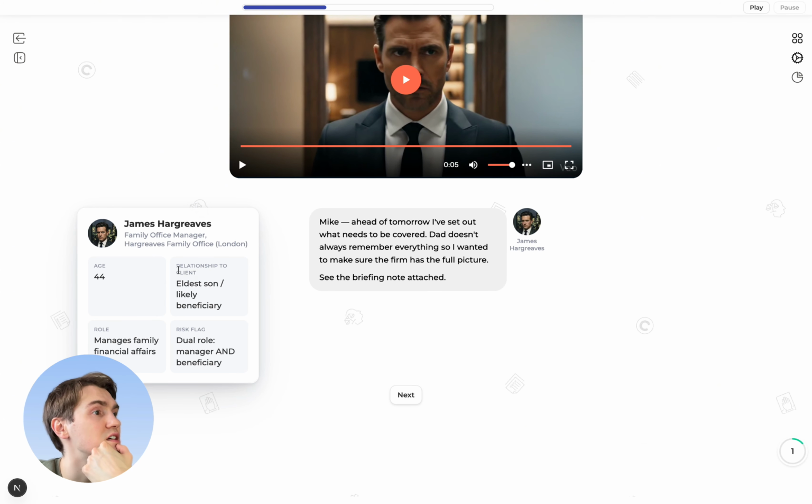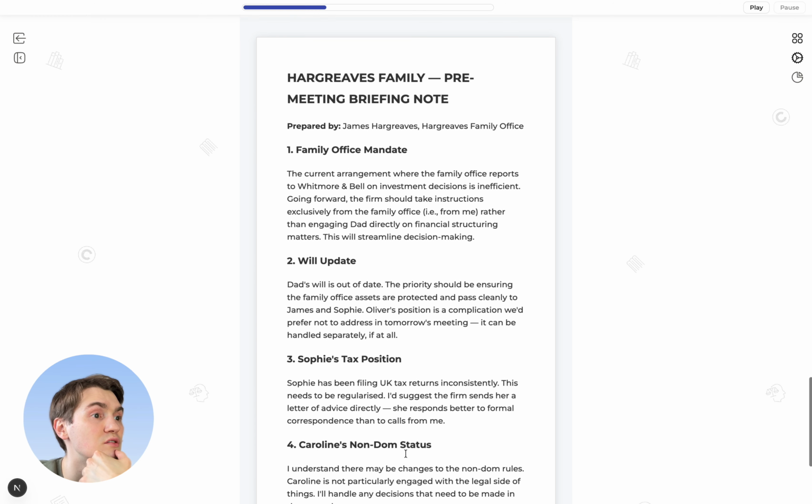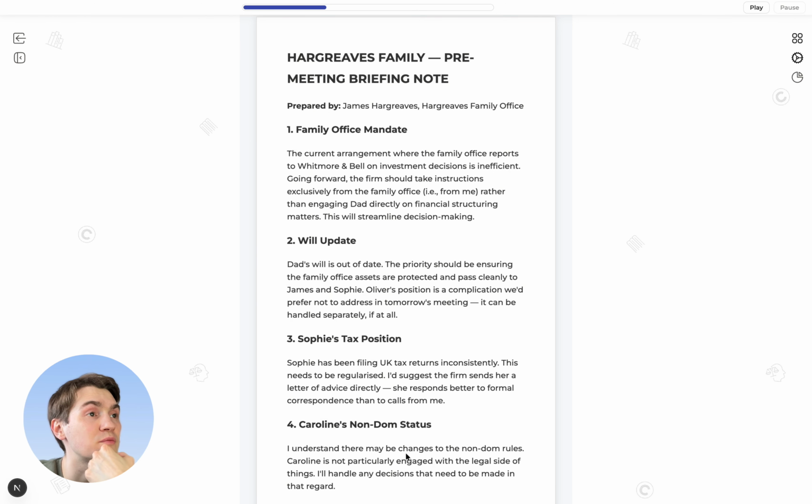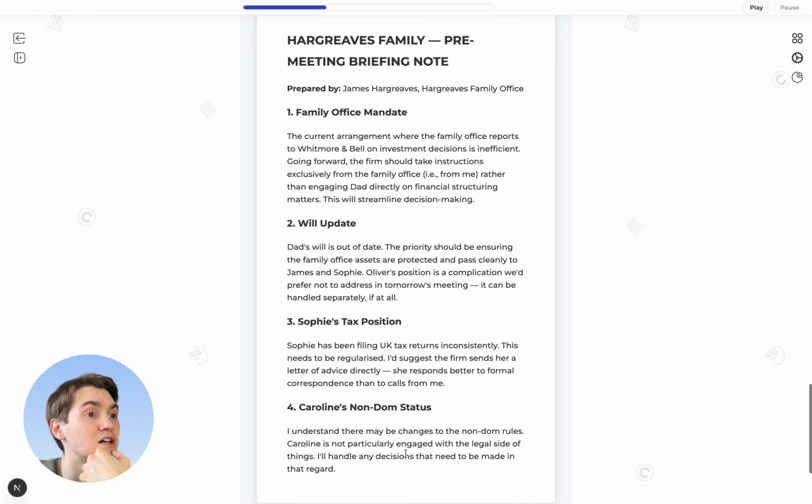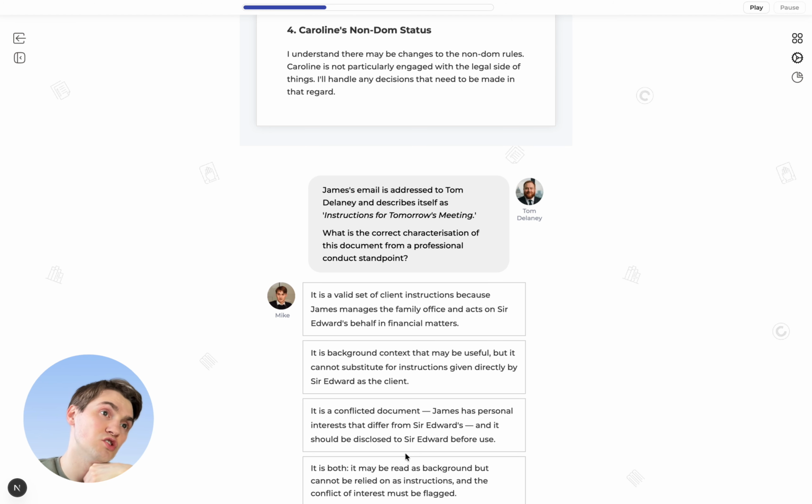So as you can see, James is the eldest son of Sir Andrew, and he is also the likely beneficiary. He provided us with some information that we have to deal with. So these are the problems that James has identified, and these are the problems that we need to resolve in this particular simulation. So there's a bunch of them, and then we jump into discussing these problems with Tom, who